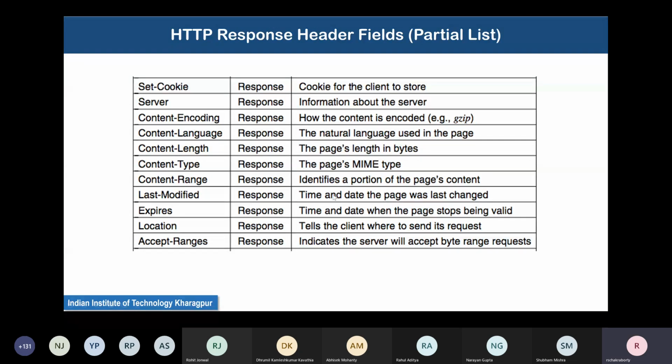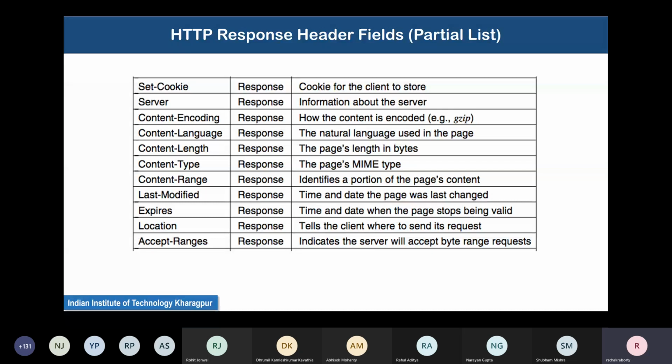The date and time the web page was last changed, and when the web page expires, when it will stop being valid. These are all sent back as responses and noted down by the client in the cached web pages, so that if it checks the cached web page first and finds that the page has already expired, it will get the new web page from the server. However, if it sees the cached web page and finds that it is guaranteed to be valid for the next 1 year, then it fetches that web page and uses it.